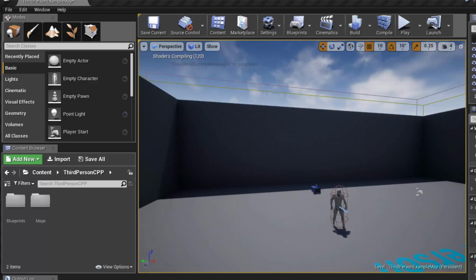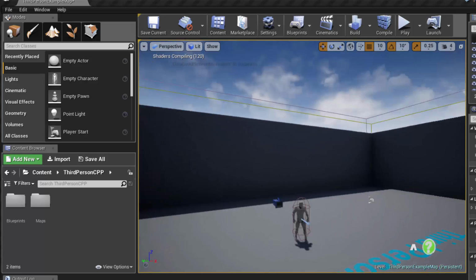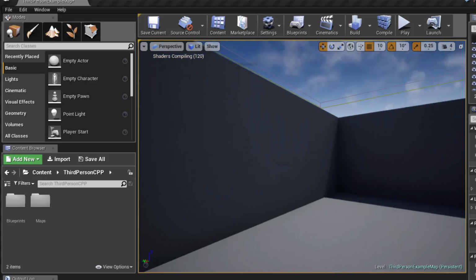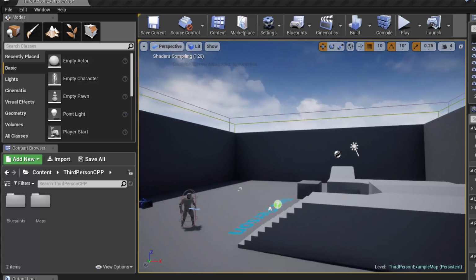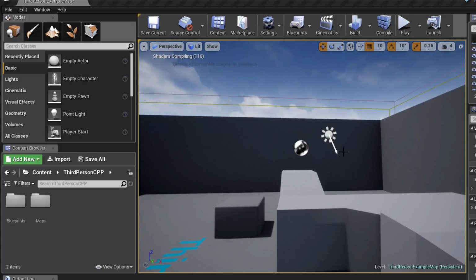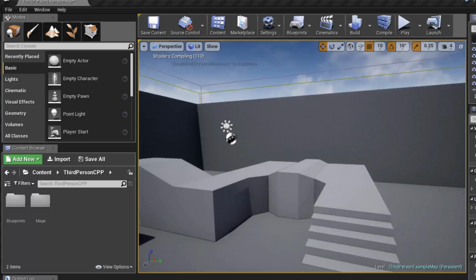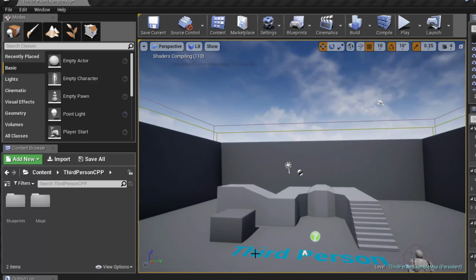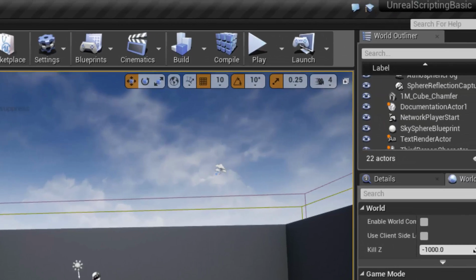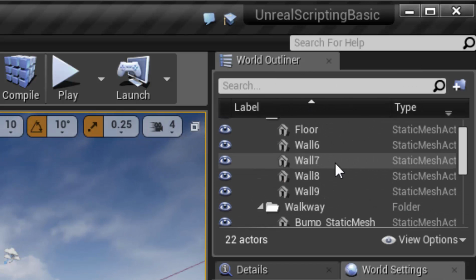So right button, mouse click, holding down is panning your camera or rotating your camera. Left button, navigating up and down, basically flying in and out, and then both buttons will be panning your view. Okay, so this is basic navigations in the level. On the right hand side, you would have the world outliner, which basically shows you everything